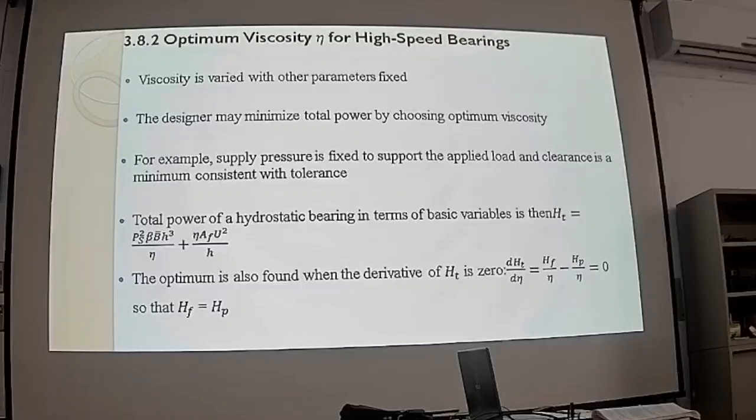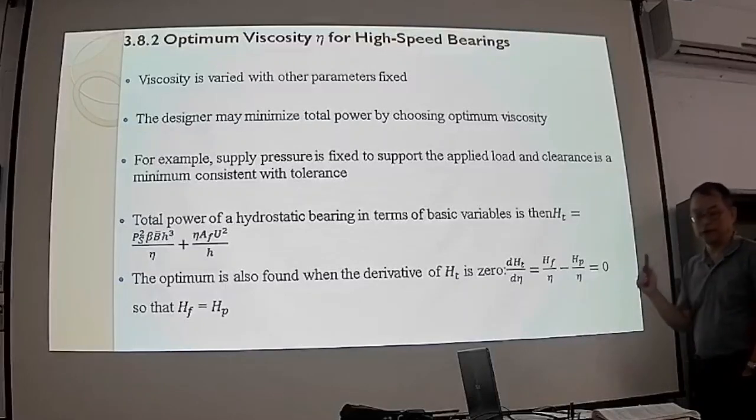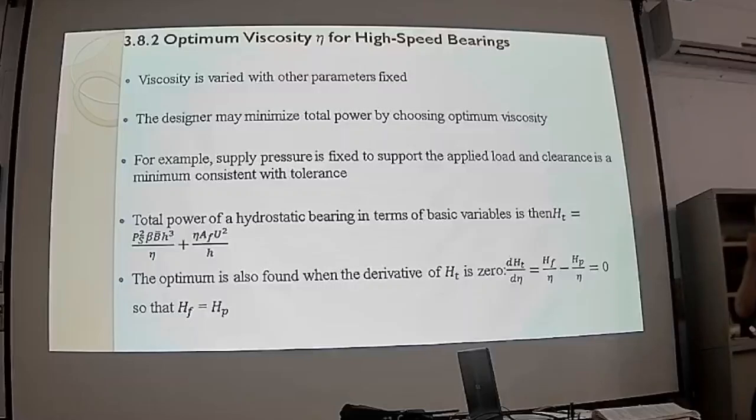If you have a stiff viscosity, which means the viscosity number is big, then you will have a lot of heat generated by the viscous friction during the motion. So for a high-speed bearing, you tend to use a low viscosity lubricant for the hydrostatic bearing. But usually it's not for the design, okay? Because